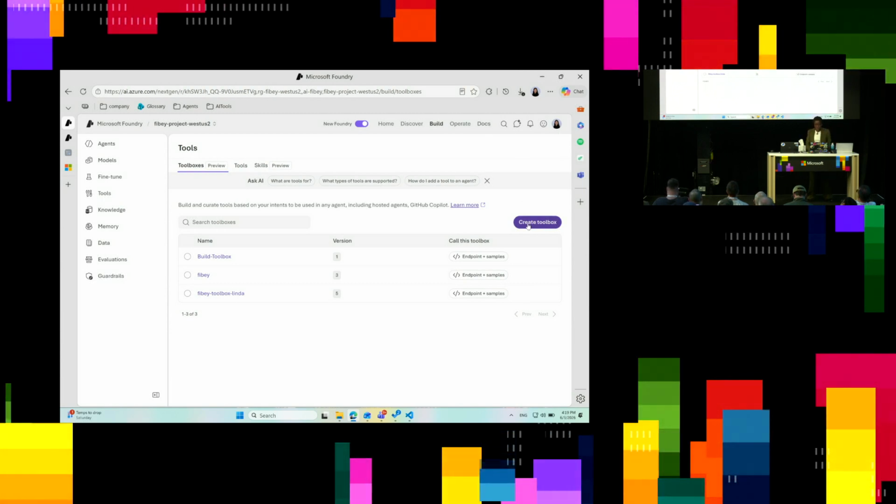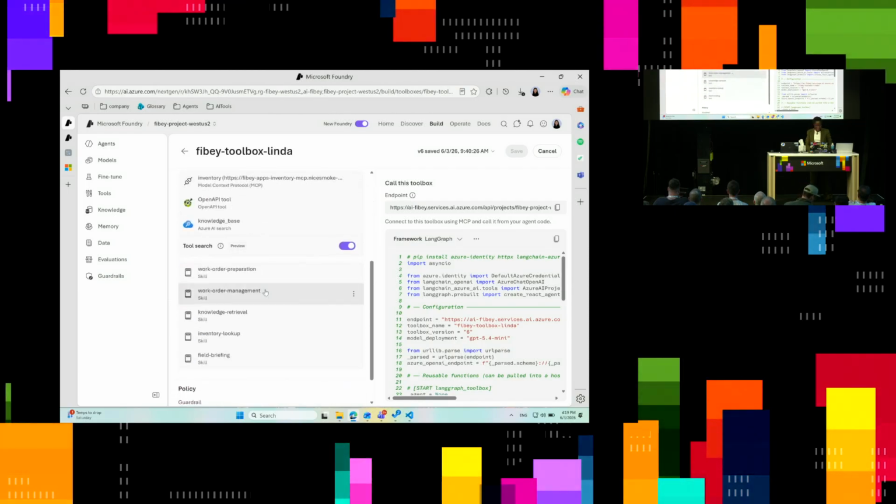All right, so let's go ahead. We're going to create a toolbox. You saw I added one. So I have a toolbox here that Linda created for me as a backup. And you'll notice there's an option for you to turn tool search on. So I'm just going to turn that off for a moment. I'm going to set this one as default. And this is going to set the endpoint in my hosted agent to this specific toolbox version. So when I go over to my agent,